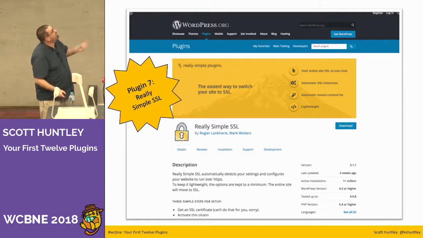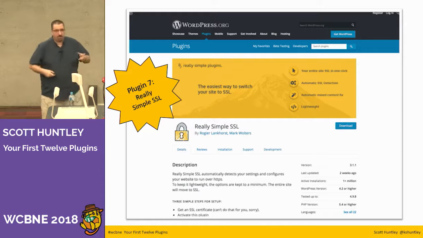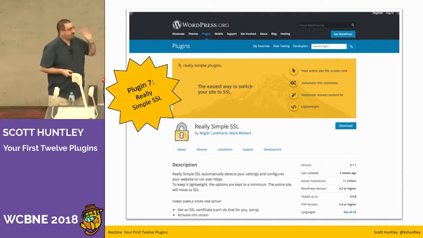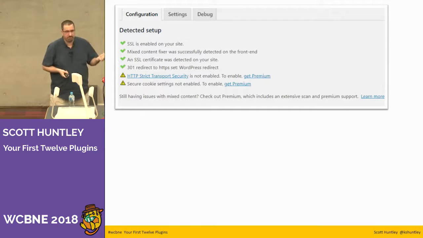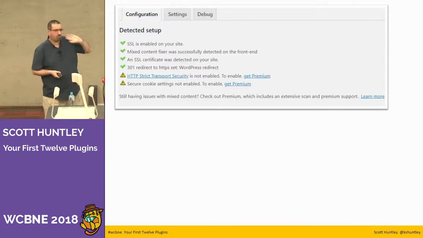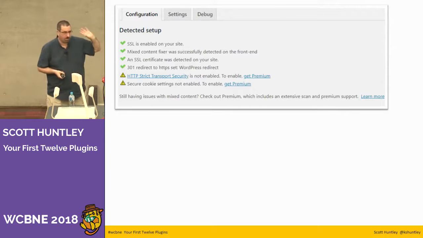This plugin here, Simple SSL. This will allow me to attach an SSL certificate to my site. Again, this was one that when I was doing the slides, I was like, how did I set this up? And I can't even remember, and I couldn't even figure it out without clearing the SSL certificate and resetting it all. So I just went, if I don't remember having a drama with it, it was probably good. And in fact, I'm gonna tell you the reason why I know that this was really easy. Because,